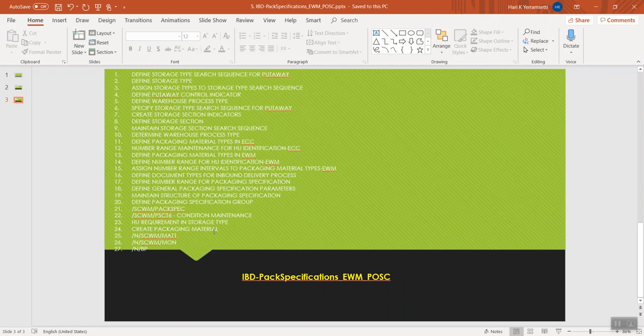It may be a finished product or it may be a packaging material, and the required settings are related to POSC in the EWM warehouse product, and the bin availability and the business partner settings. So we need to make sure all these settings are in place before we start any transactional data, for the smoother execution of the process.